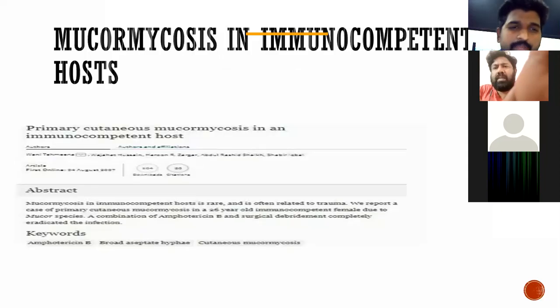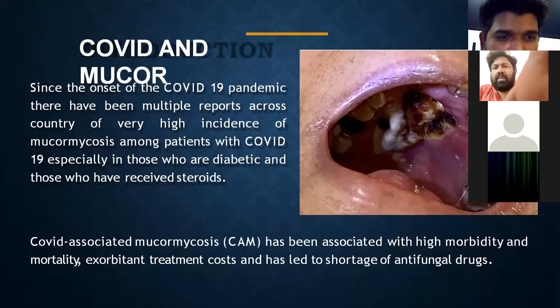So this is an important paper. As I already described, mucormycosis develops mostly in immunocompromised hosts. Commonly, what we see is post-COVID patients. A common scenario is poorly controlled diabetes mellitus. But there are situations where even an immunocompetent host can develop mucormycosis. As per the reports, this immunocompetent host will develop less serious disease. These patients will have a more localized form of involvement, as this paper denoted, a localized cutaneous mucormycosis that requires only wide surgical debridement.